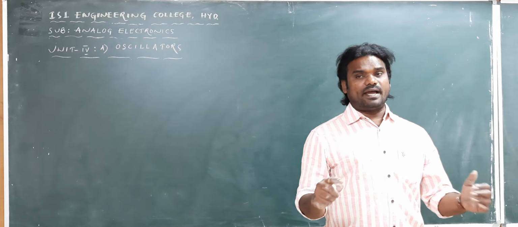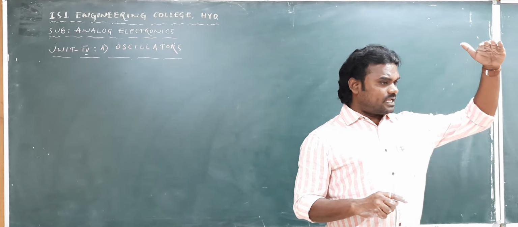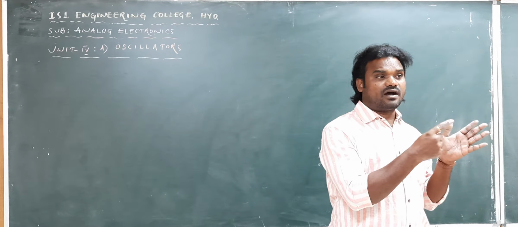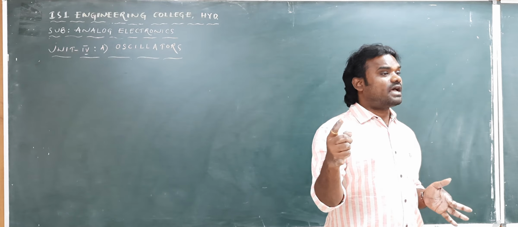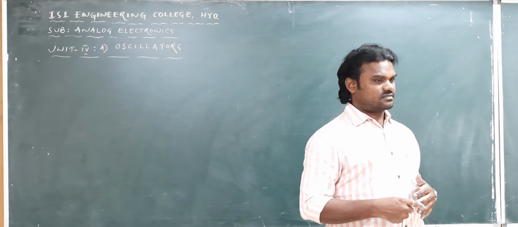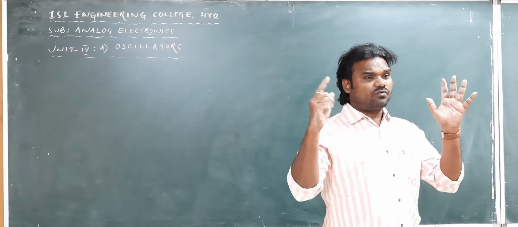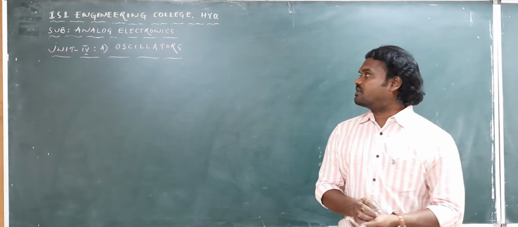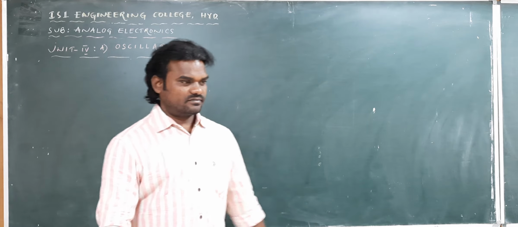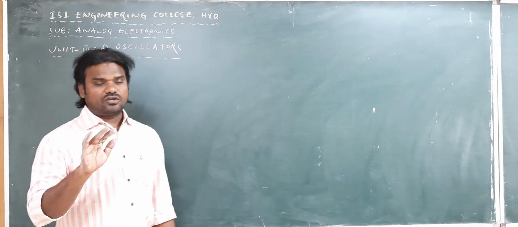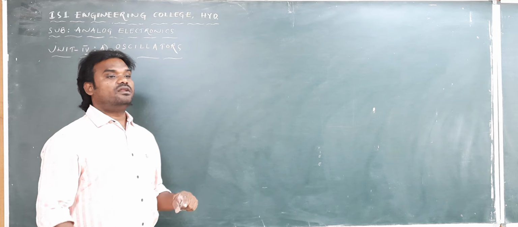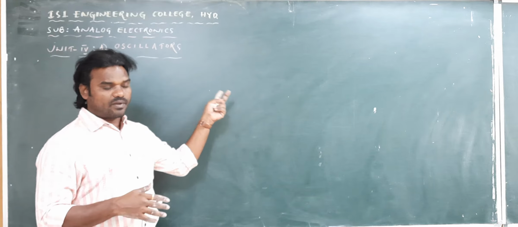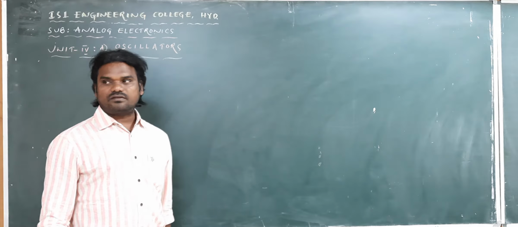In the positive feedback, Vin keeps on increasing, Vout also keeps on increasing, so that at one particular point of Vin, it's unable to make the amplification. It starts the oscillation. The frequency at which this oscillator circuit is making the oscillations is called frequency of oscillation. So in the first part of the fourth unit, we have to study the amplifier with which feedback? Positive feedback, because we are going with oscillator circuit.